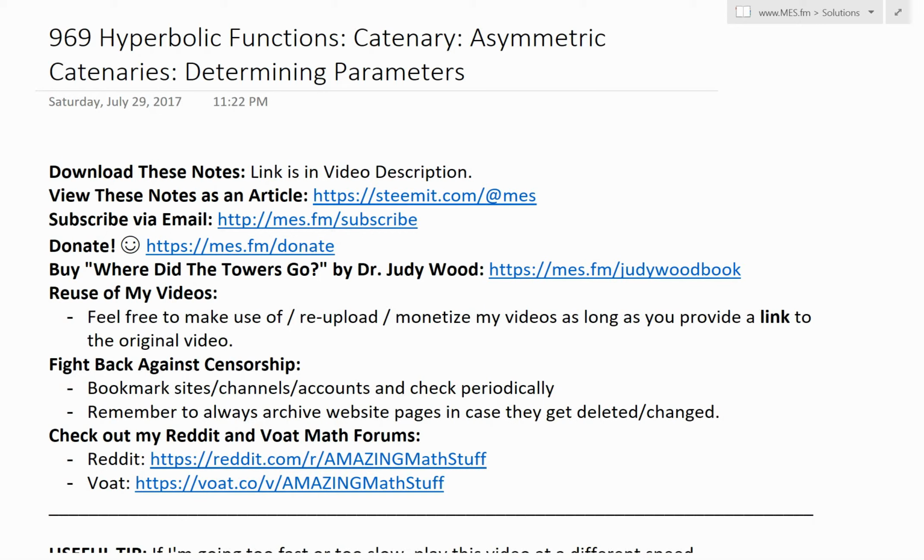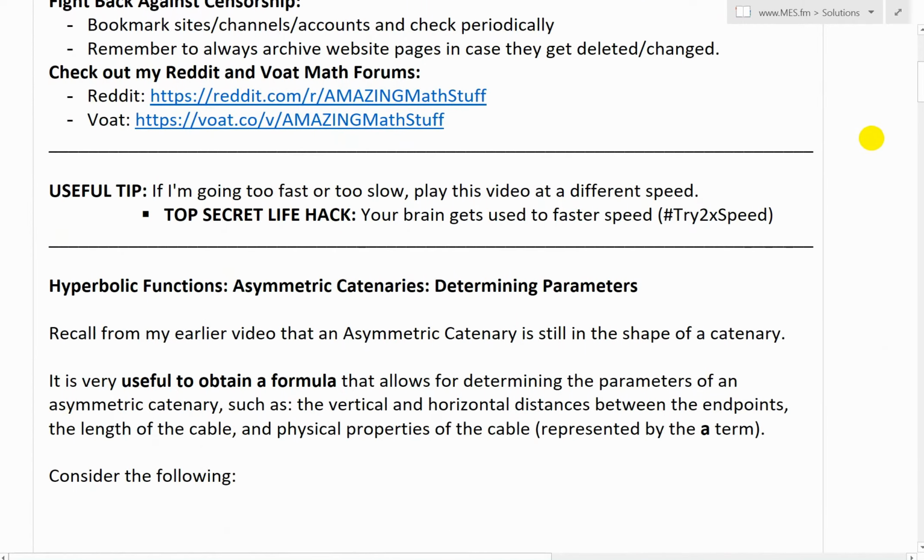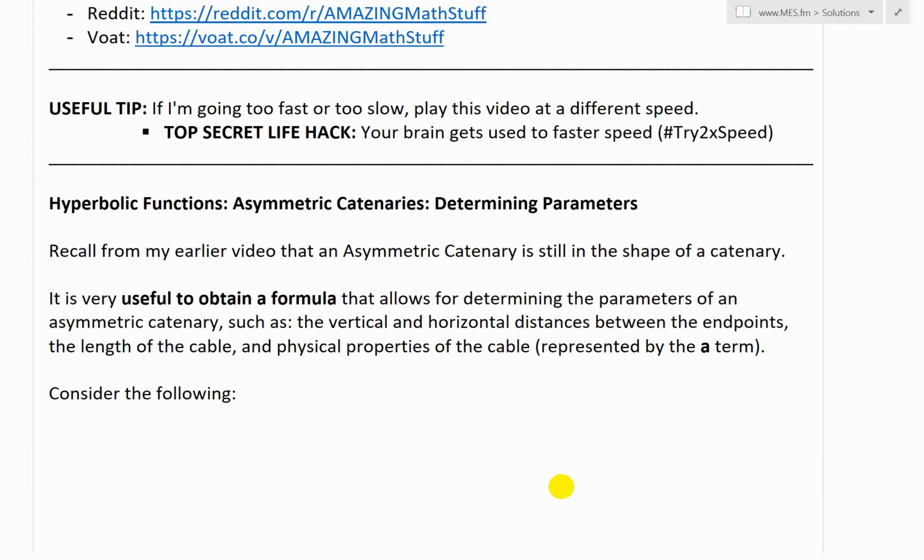Let's discuss further into hyperbolic functions and look further at the catenary, and more specifically asymmetric catenaries. Now we're going to go over a formulation for determining the parameters of asymmetric catenaries, or just catenaries in general. So first of all, recall from my earlier video that an asymmetric catenary is still in the shape